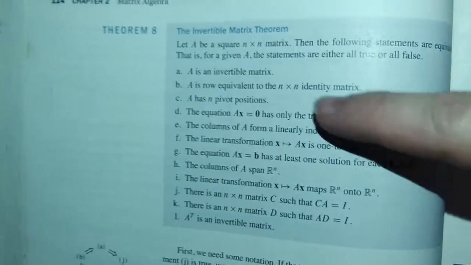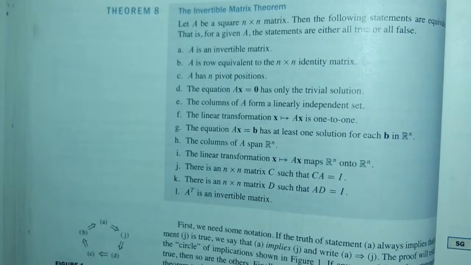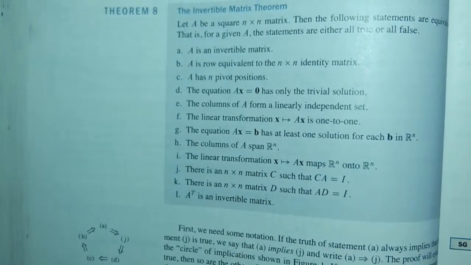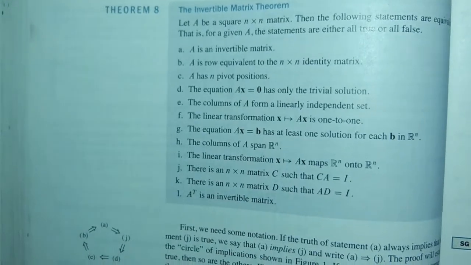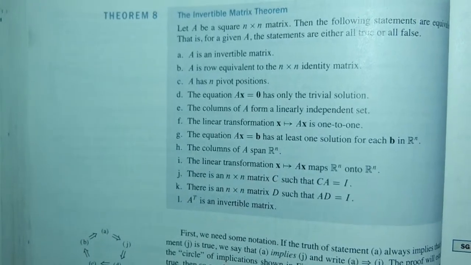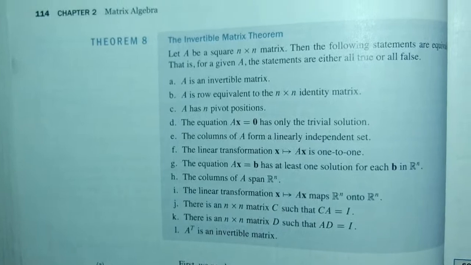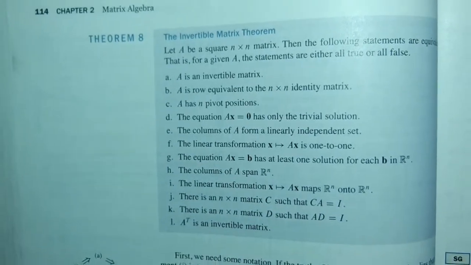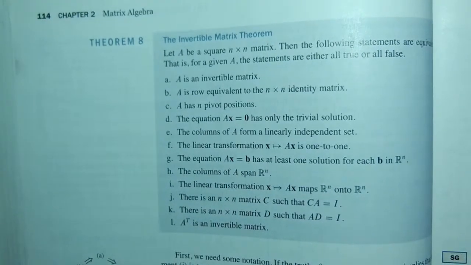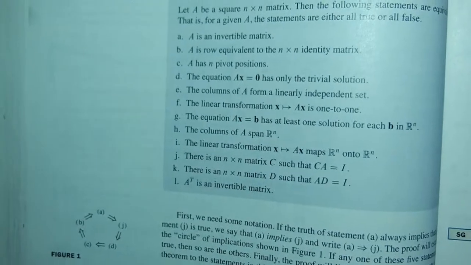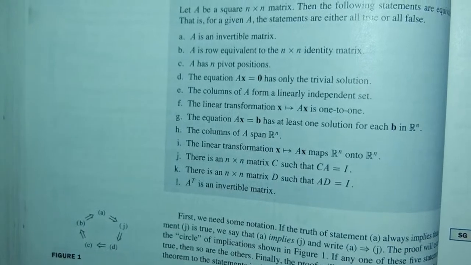It turns out that this is a further list of things that puts you in that exact same case of being row equivalent to the n by n identity matrix. So A has n pivot positions. The equation AX equals 0 has only the trivial solution. The second you know that, that means the columns of A form a linearly independent set. The second you know that, you know, by that fact after we gave the definition of 1-to-1, that the linear transformation that has A as its standard matrix is 1-to-1. Then you also know that G, the equation AX equals B, has at least one solution for each B in Rn, which also tells you that the columns of A span Rn,